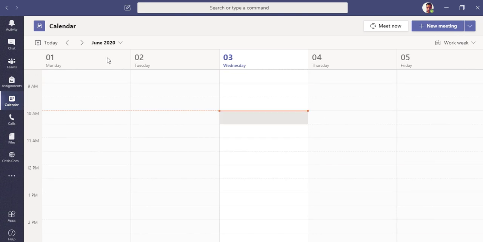Calendar is the same as the Outlook calendar that you have for setting up meetings. Just one point here: to get to see the Calendar option in Microsoft Teams, you have to have an Exchange Online license. And if you are in a synced environment, like a hybrid environment, you must be migrated to Exchange Online first, and you must have an Exchange Online license. Only then will you be able to see the Calendar application here.